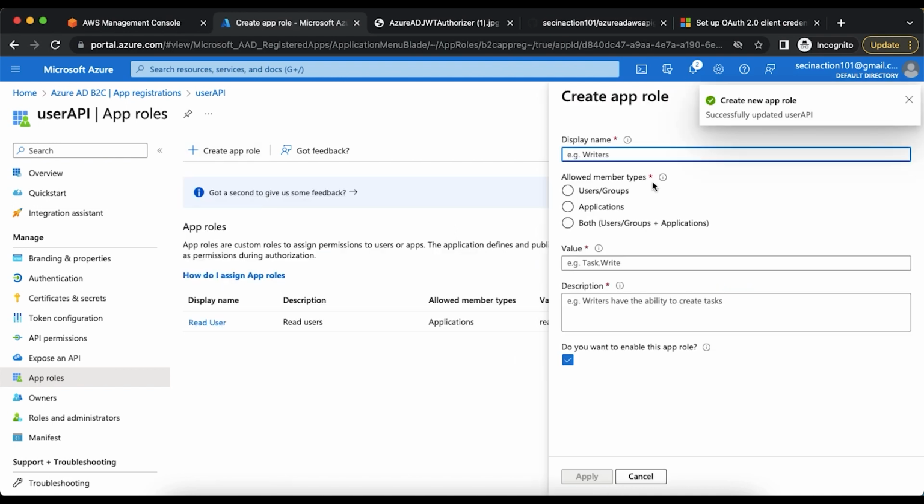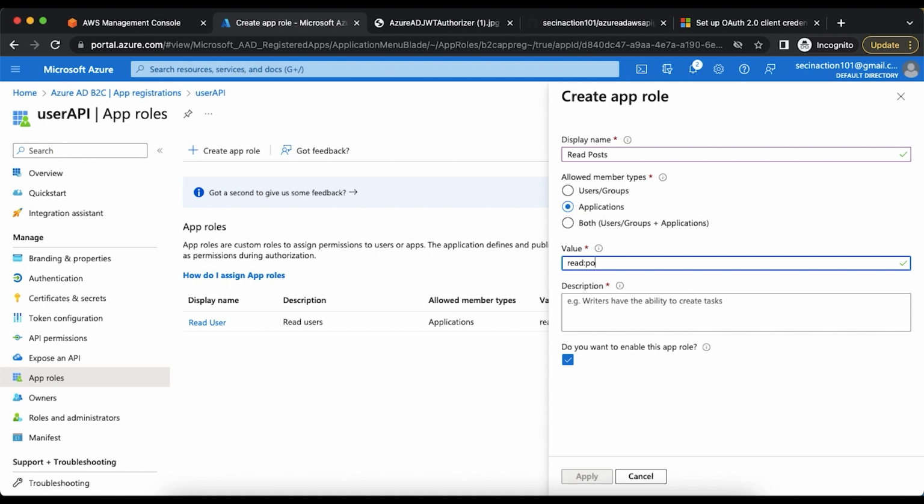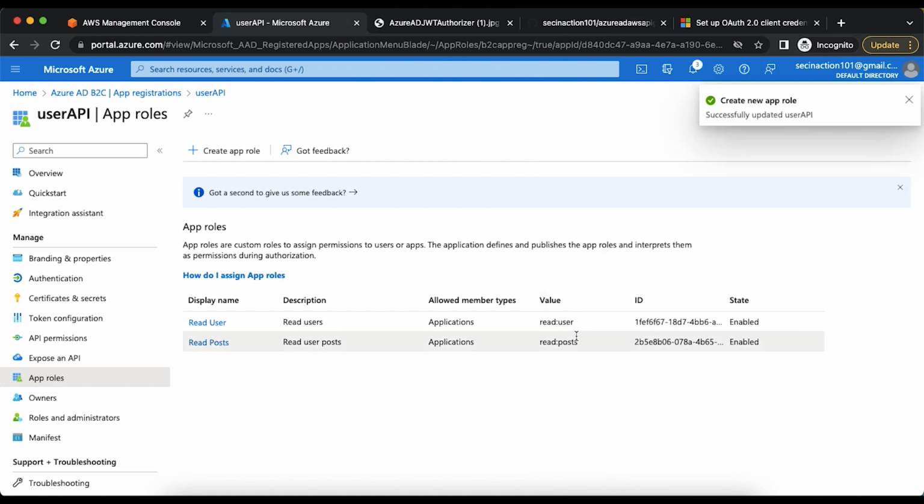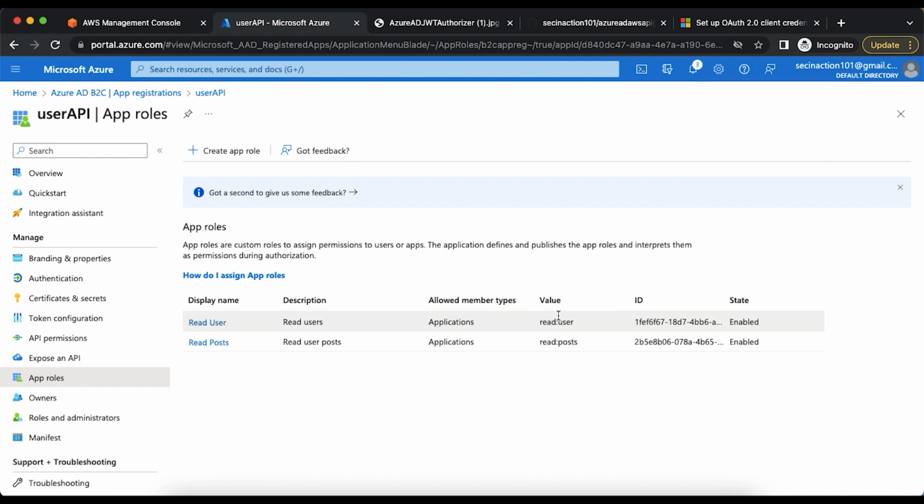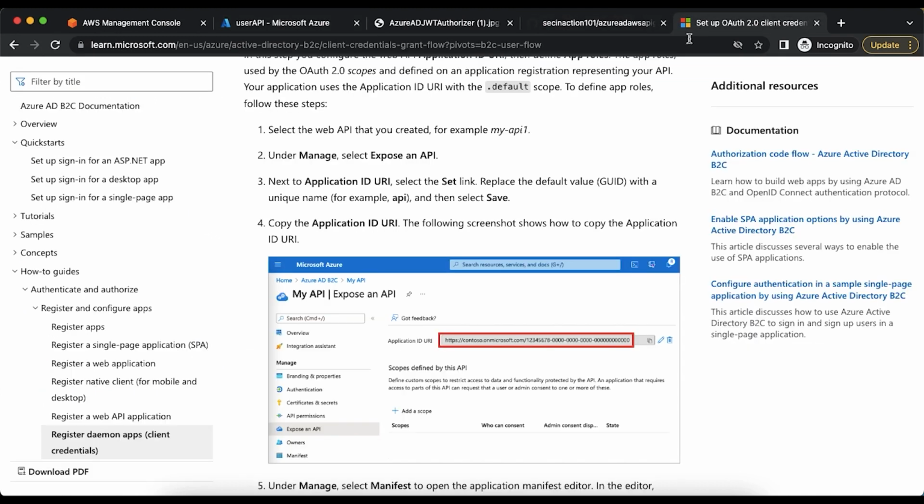And I will create one more called read posts. Maybe it's just dummy APIs which I'm using for testing. So you can configure these scopes according to your application requirements. So read colon posts and read user posts. So I created two application roles here, and the next step that we need to do as per the documentation